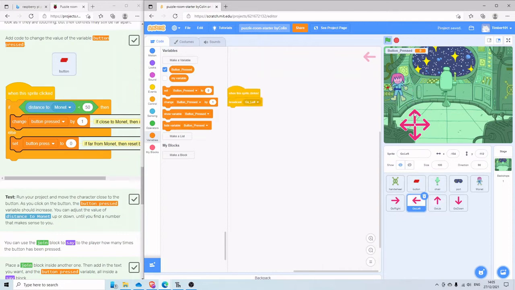Alright, that should be close enough. And now if I click the button, you can see the button pressed has gone up once. I can press it 2 times, 3 times. What I'm just going to do now is make sure that the